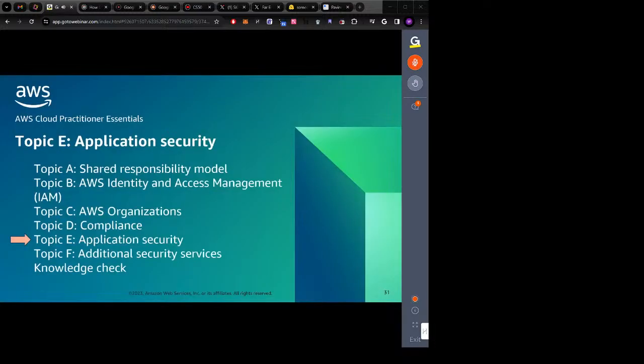A lot of layers of security here, huh? So let's talk about application security. We've talked about securing our VPC, but what about